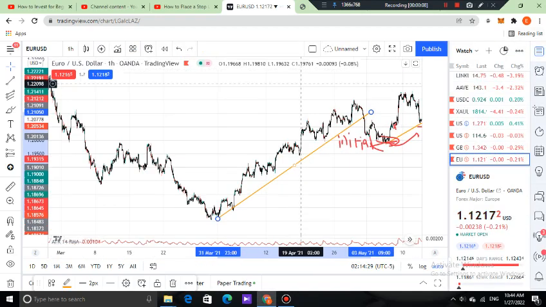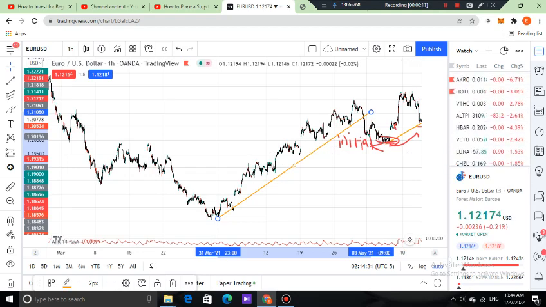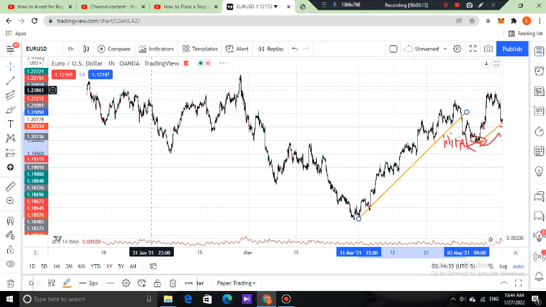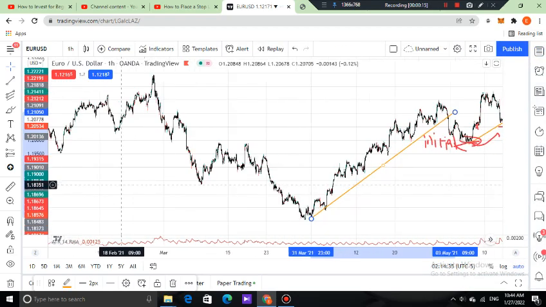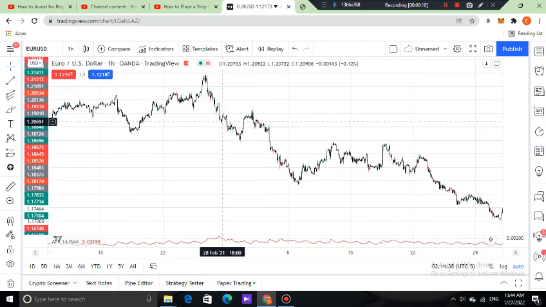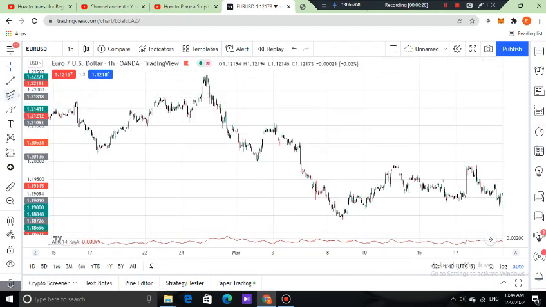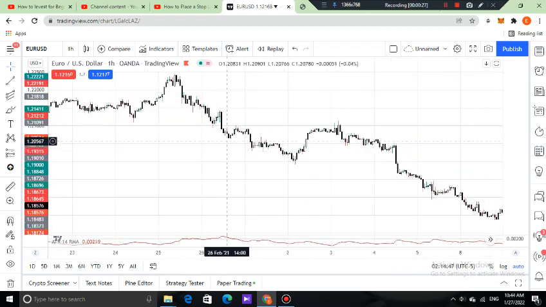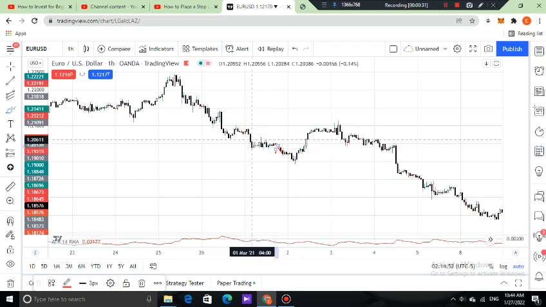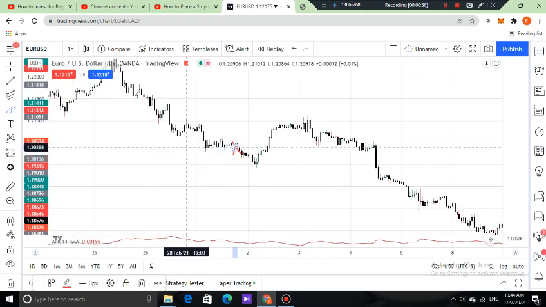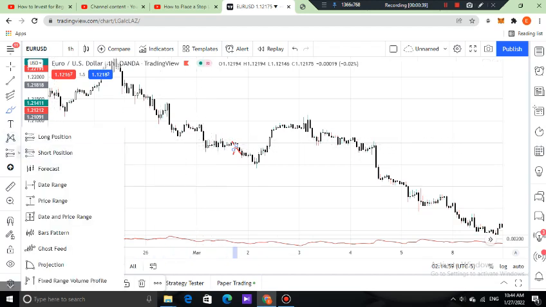Today I want to talk about scaling in. You know, you take a position. There's two scenarios here. When you take a position, either you're in profit or in loss. For example, you enter the position at this point, and you take a short position here. Let's say,